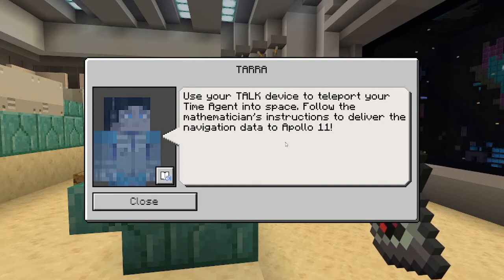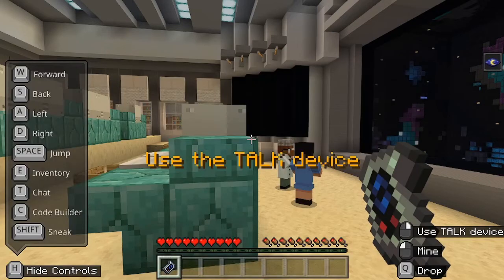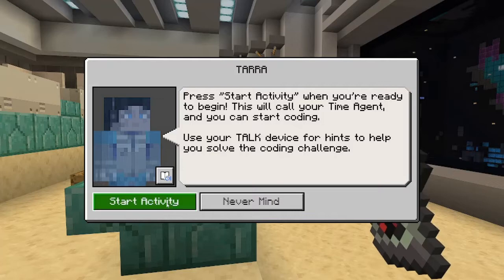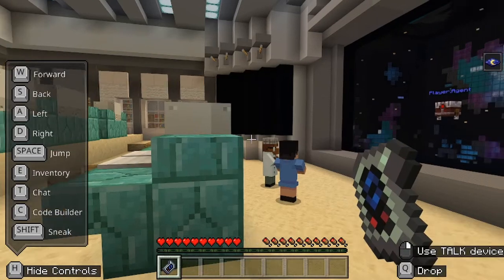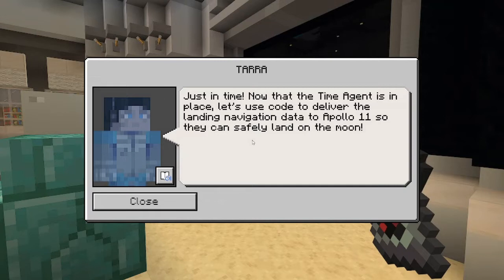Tara says, use your talk device to teleport your time agent into space. Follow the mathematician's instructions to deliver the navigation data to Apollo 11. Let's start the activity. And Tara says, just in time. Now that the time agent is in place, let's use code to deliver the